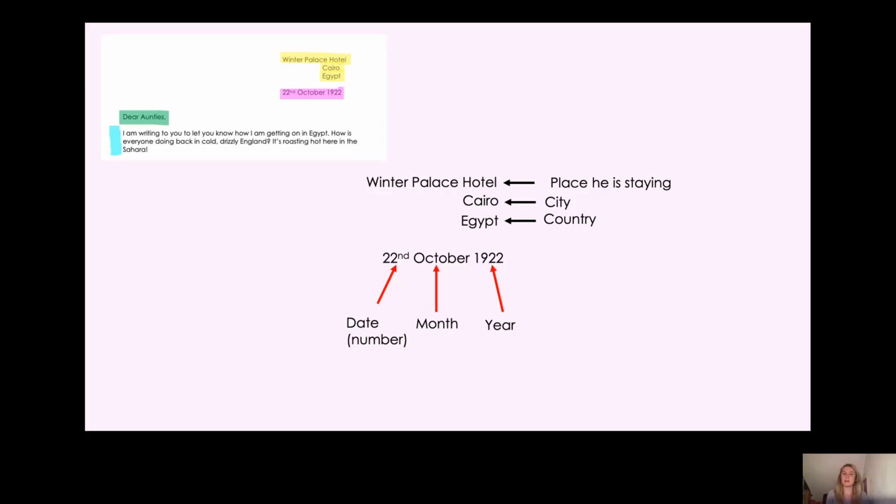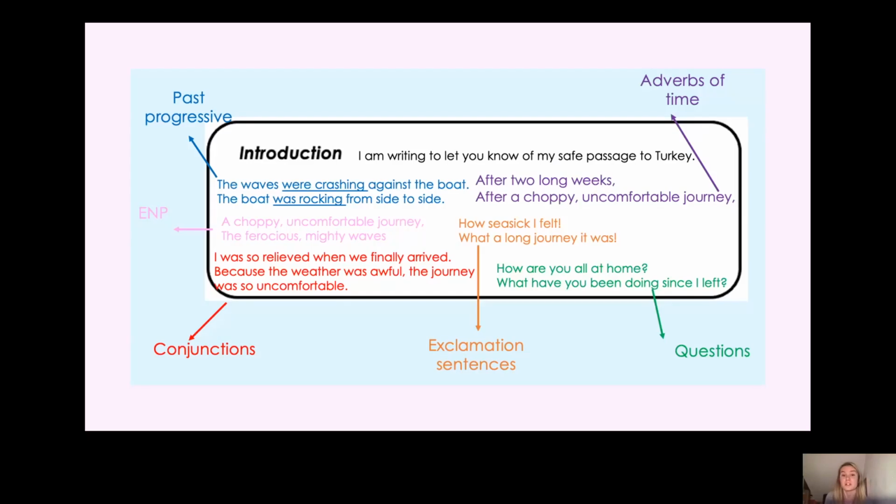Okay, Year 2. So now we're going to move on to our introduction. Well, last lesson, we planned our introduction, didn't we? We wrote a simple sentence telling us the purpose. Then we chose different adverbs of time, questions, exclamation sentences, conjunctions, expanded noun phrases, and past progressive sentences that we wanted to use in our very own introduction. Now, if you haven't already, please could you pause the video and go and find your plan for your introduction. Okay, so we are going to have a look how we can change our introduction plan into our introduction in our